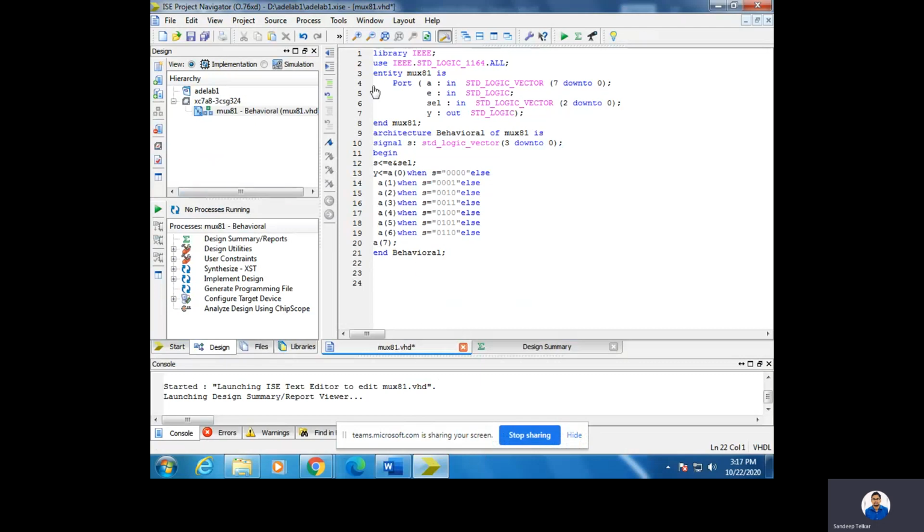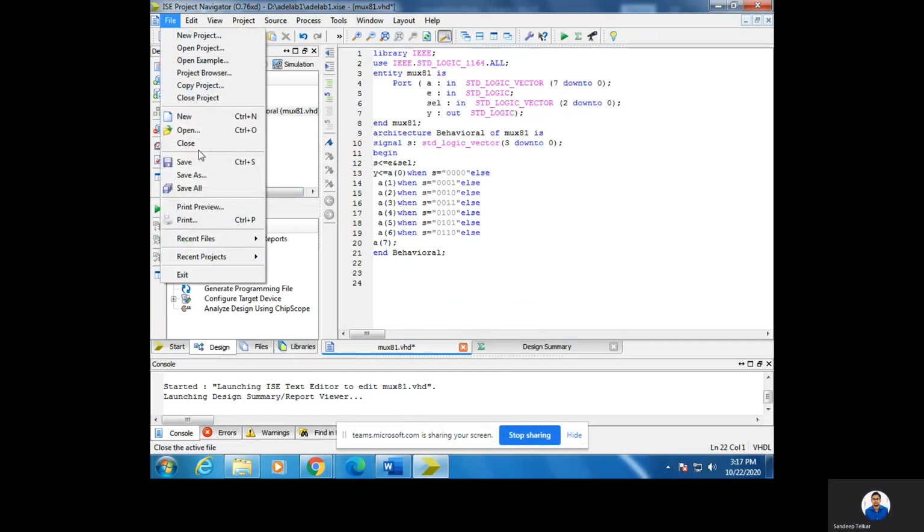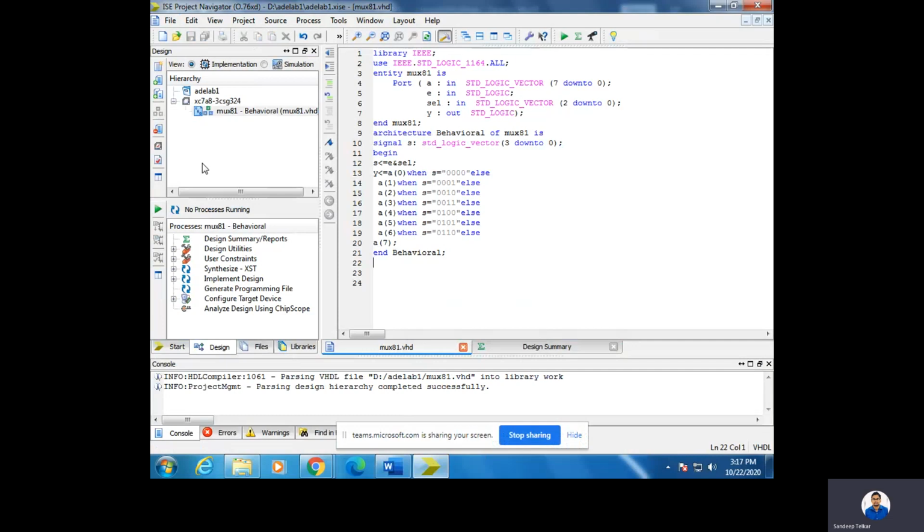Once you have written the program in this field, click on the file, go to save, or simply press Ctrl S so that your file gets saved, right? After saving your program, the next thing you need to do is check for errors. To check for errors, click on the program you have created.